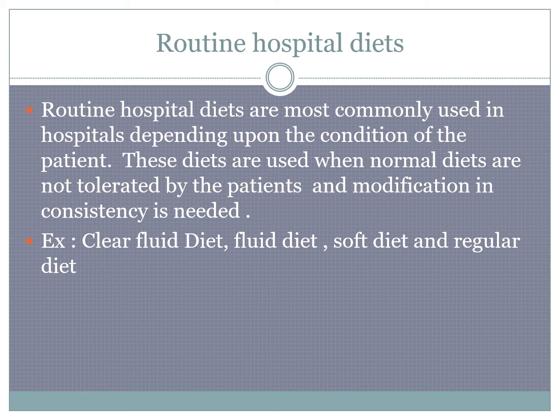Usually it flows like this, depending upon the patient's condition. If the patient is more severe, in case of convulsions, we generally put them on clear fluids. Then depending upon the patient's tolerance, how the patient is coping, he can be put on the fluid diet. Then with further improvement, the soft diet, and he can be shifted to the regular diet.